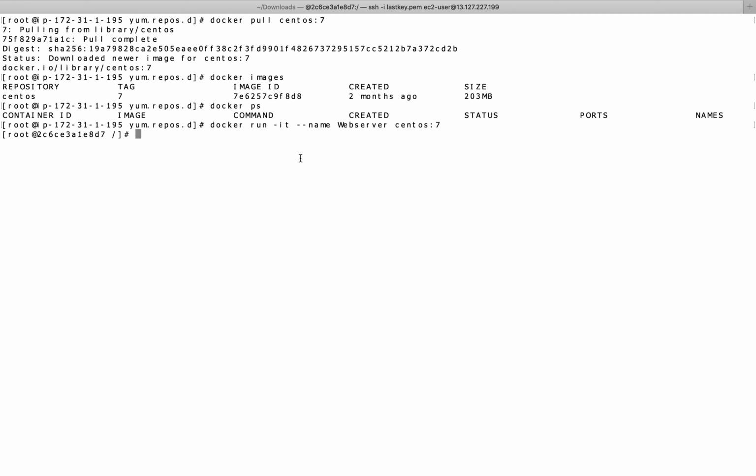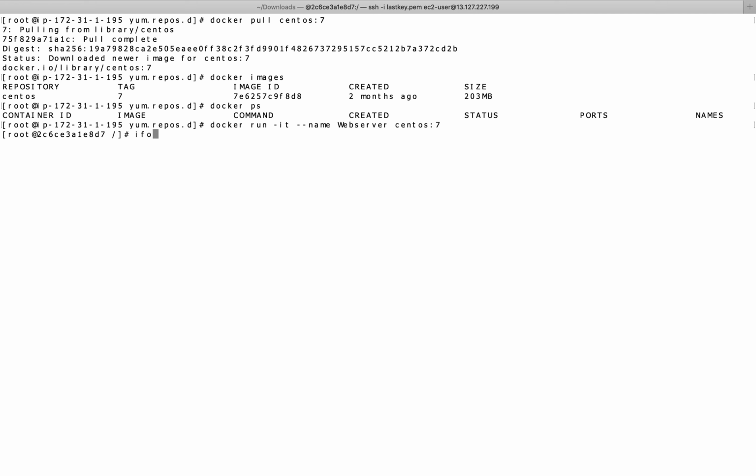This will run our container, and you can see previously we were inside our EC2 instance, but now the ID has changed. So now we are inside our Docker container, that is CentOS, and its private IP is also different.